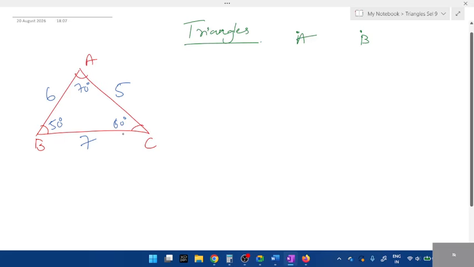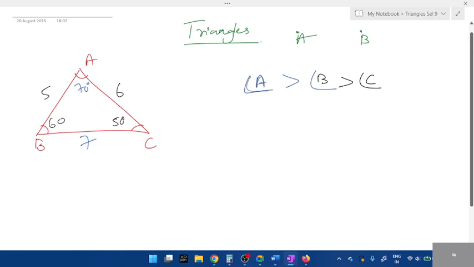50, 60, 70. Now, if I write it in order, students, tell me which is the greater angle here. Angle A? No, no, angle A should be written first. Angle A is greater than, which is the second one? Angle C. Okay, let me change the value here. I'll write B as 60, C as 50. Okay, angle B. Angle B is greater than, which is the other angle? Angle C. So they're not equal. This is the order. A is greater than B, B is greater than C.